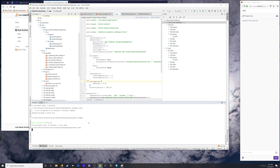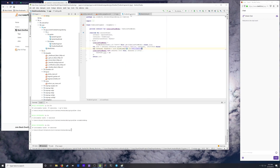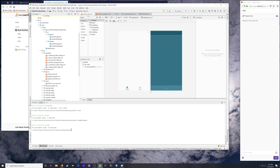Let's just try cleaning again. And what is the difference? Just the debug. Huh. 23 seconds, okay. Should have specified the build variant. That would have saved a lot of effort. But at least we know the whole thing builds now. Yeah, so